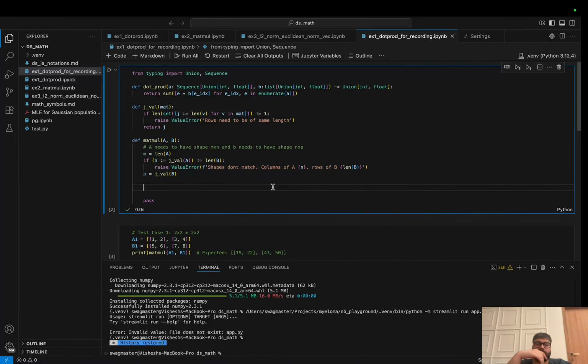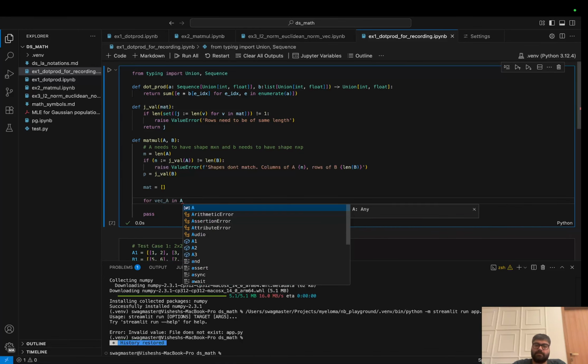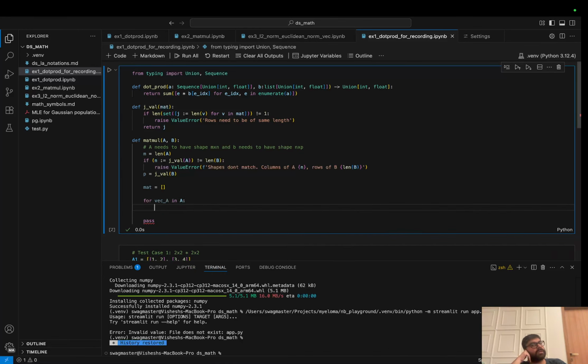So I basically go, let's just call it mat equals an empty list, right? Okay, so because we realized that doing a matrix multiplication is just a series of dot products, right? So how I did this was I just set an empty list mat, as I already have, and then go for, what do I do? For vec A in A, right? So for each row in A,